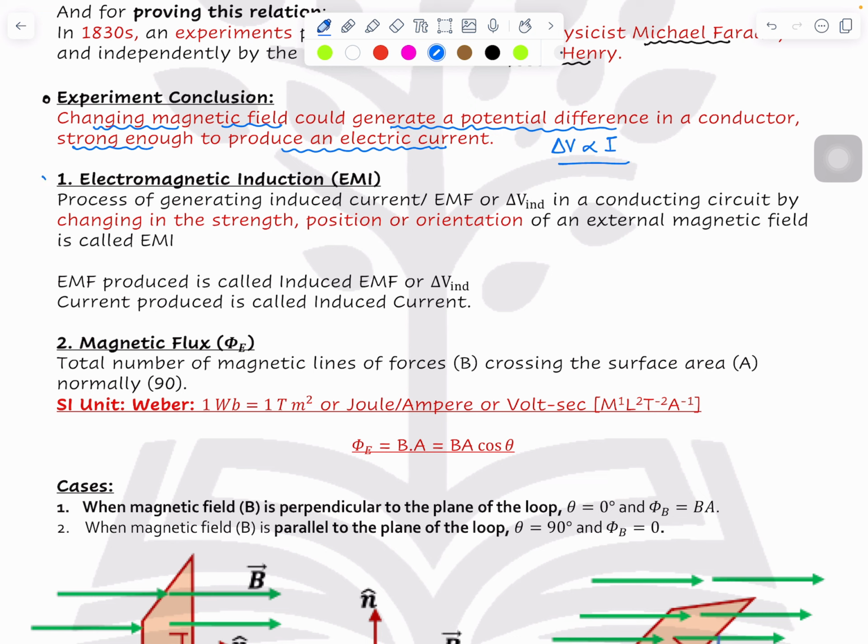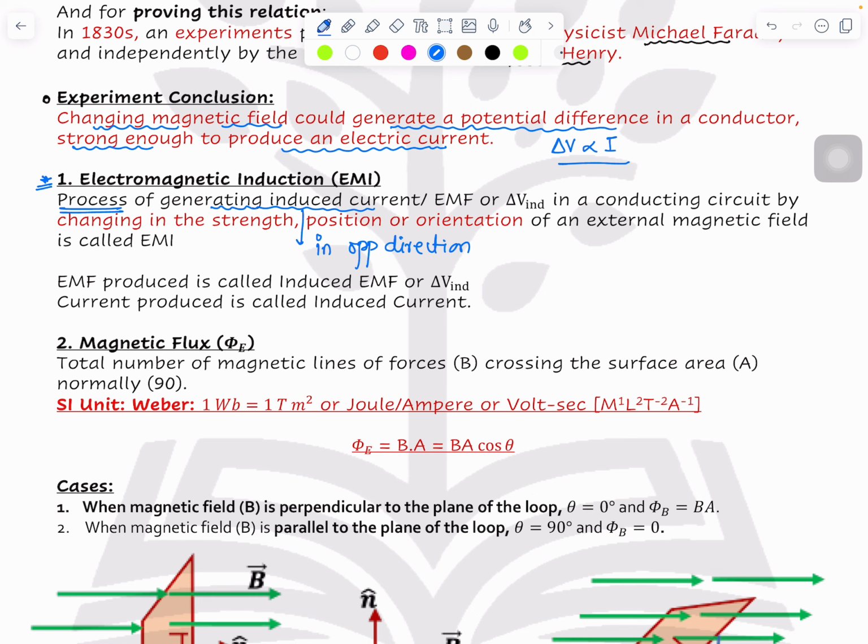Now we will go step by step to understand this whole process. The first thing, EMI. I told you what is the meaning of EMI? Electromagnetic induction. What is electromagnetic induction? The process of generating induced current, which means in opposite direction, in a conducting circuit by changing